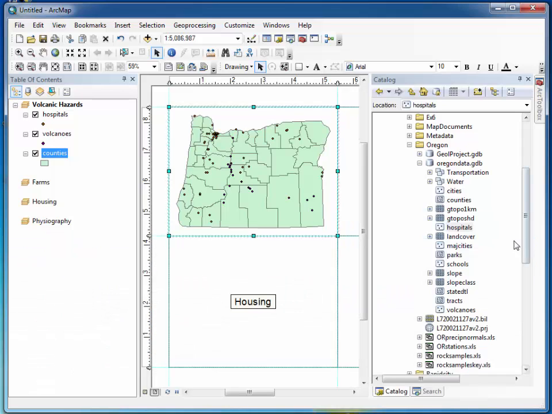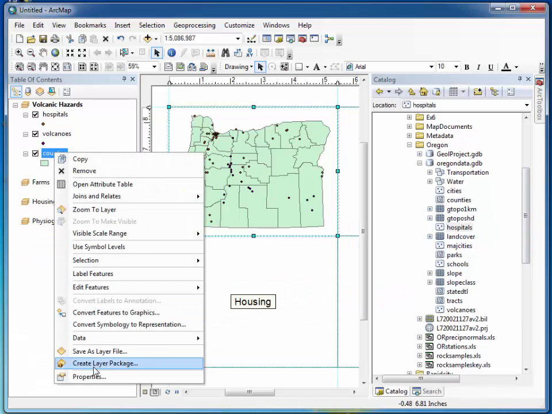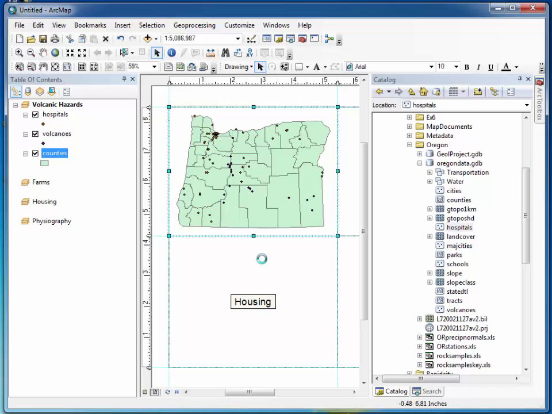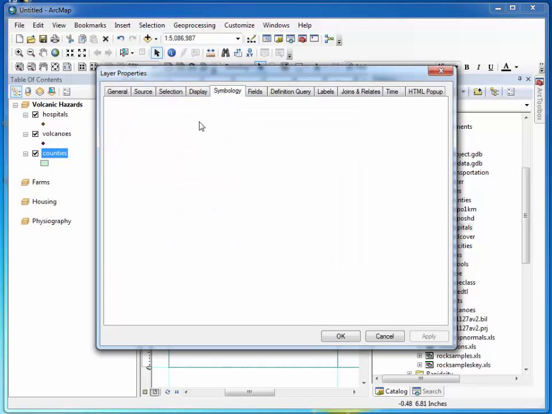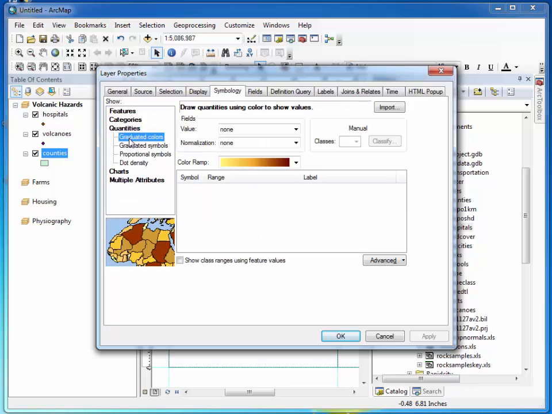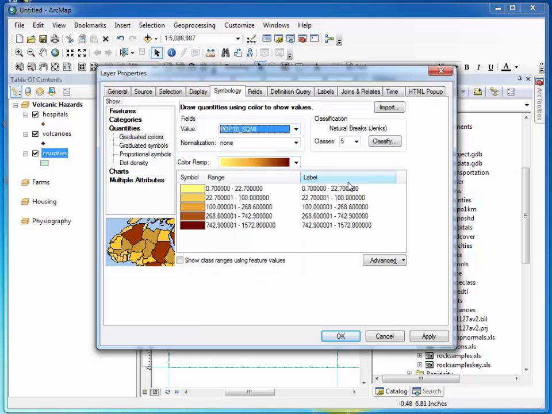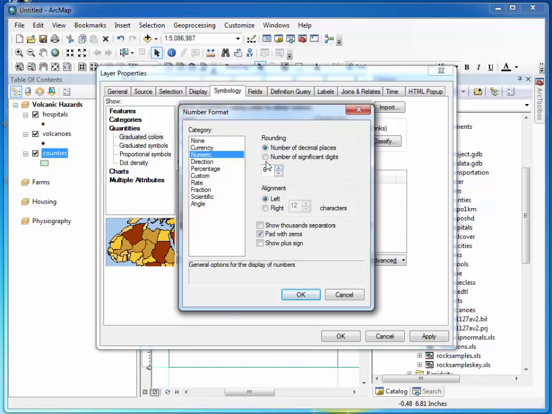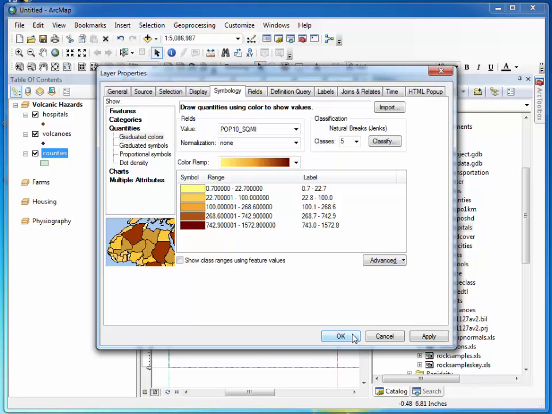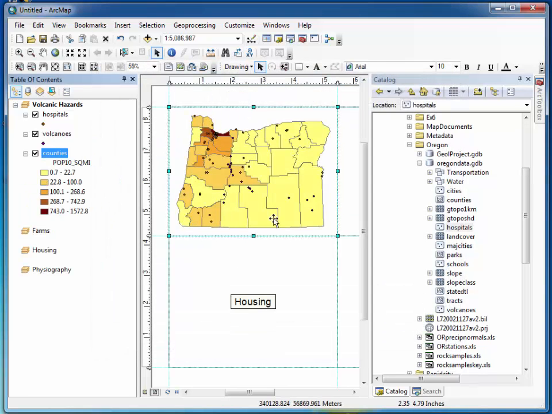So I'm going to close my table, and I'm going to open the properties of my counties layer. And I'm going to use graduated color symbols because population density is a quantity. Graduated colors is under quantity. And I'm going to pick population 2010 square miles. And just to pretty this up, I don't need all those decimal places, so I'm going to format my labels, and I'm only going to have 1 decimal place. So we pick OK, and now I've got my